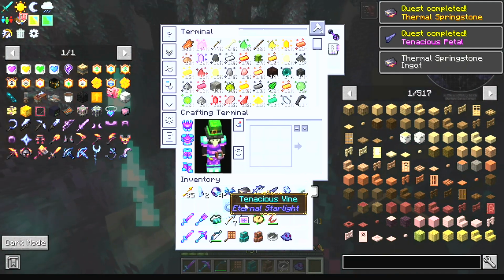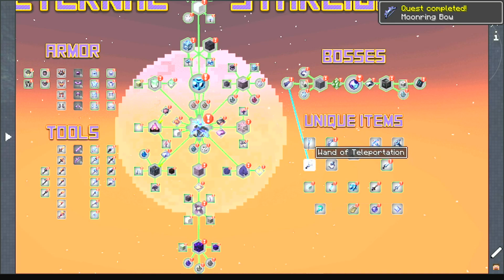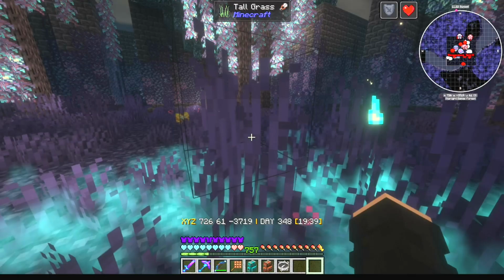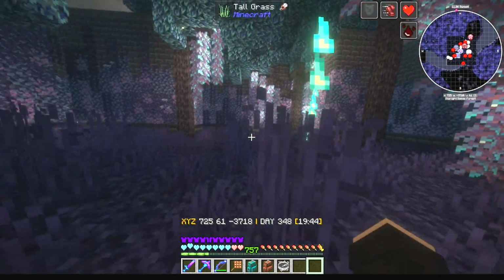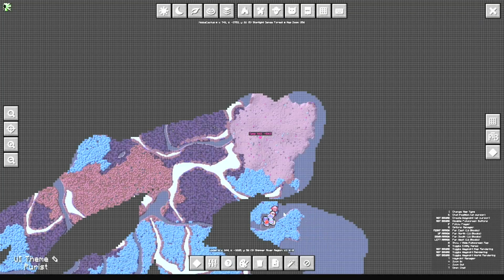So, okay, we get tons of this stuff from that. It was just perfect. I just got the smithing template and the moon bow thing. Did we get the other thing? We need the wand of teleportation, which is something that will only drop from the Lunar Monstrosity. Did I get one? I don't have it. So that means that I need to go kill another one of these guys, which means that we should just head...